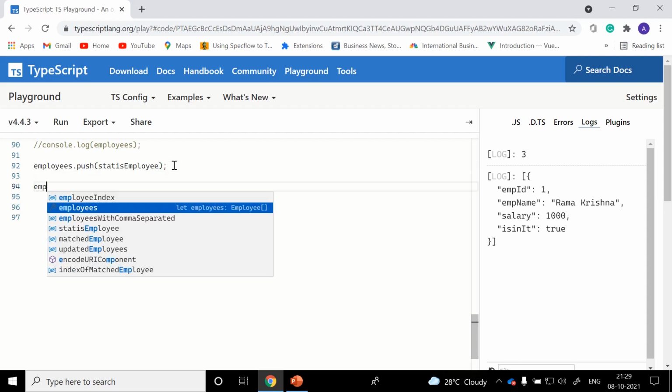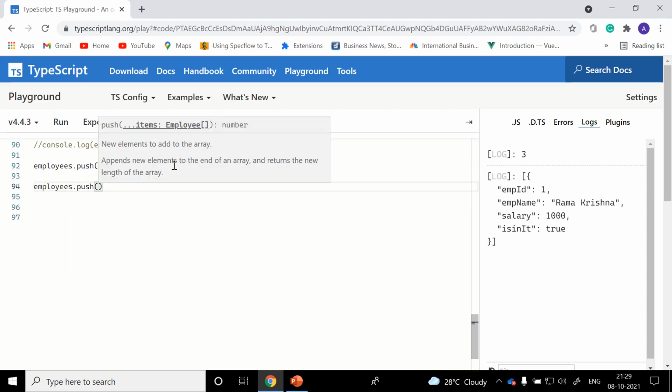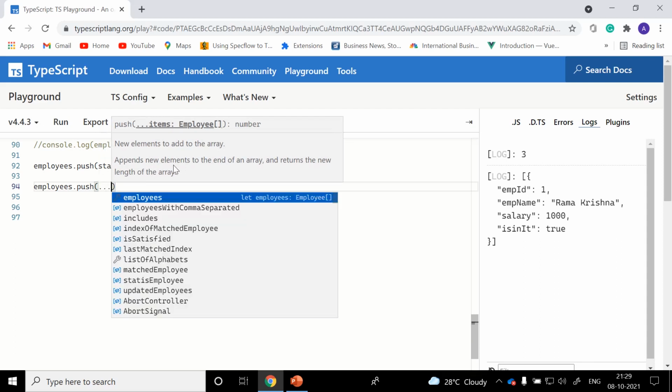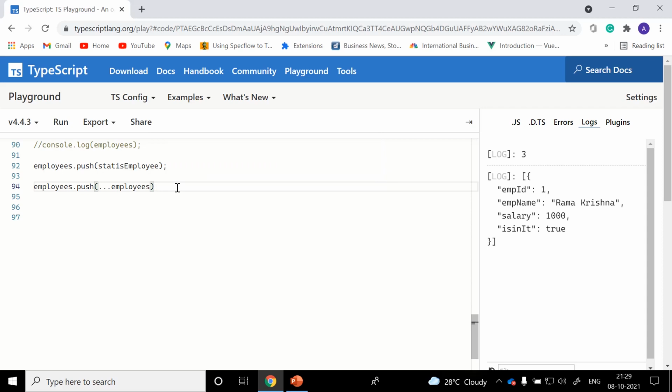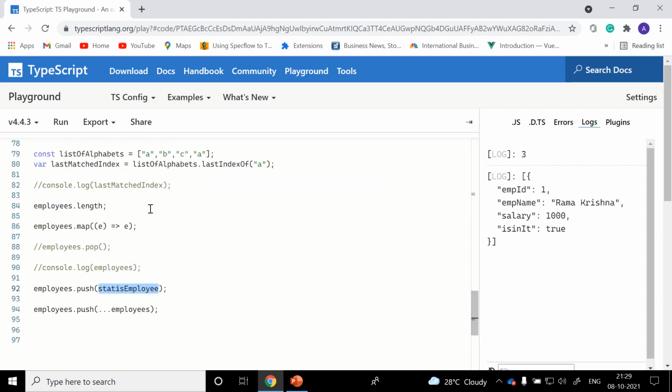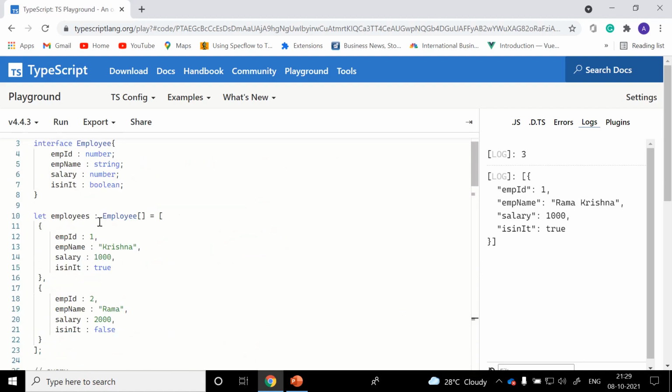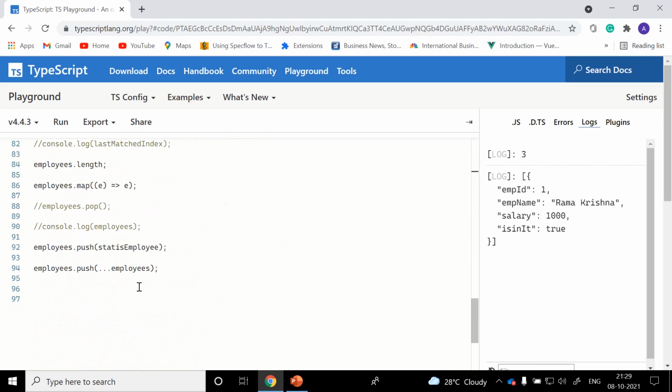Or if you are planning to add more elements, then we will be able to use our spread operator and we can use the same employees. Earlier we had two elements already, employee ID 1, employee ID 2, and we pushed one more element, that is the static element.